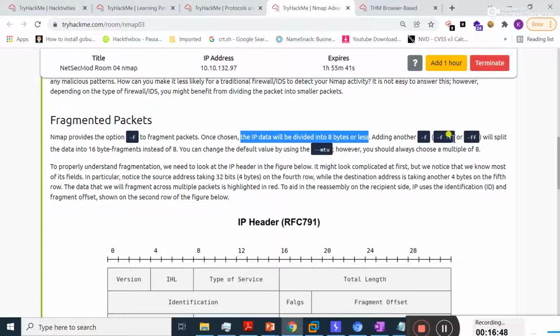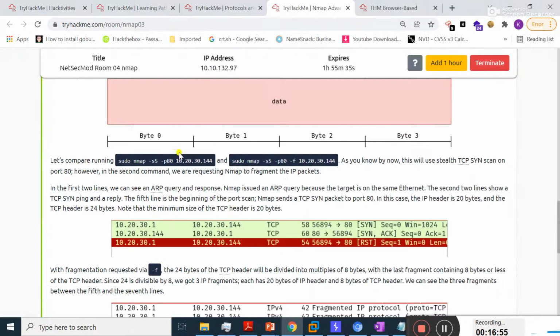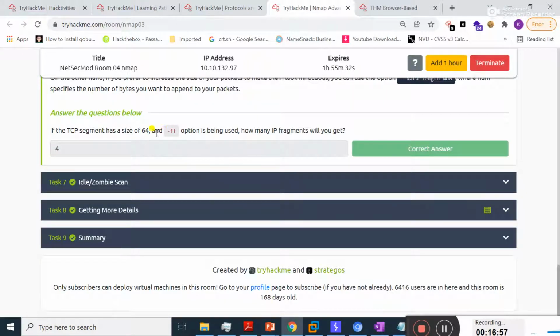Adding another -f will split it into 16-byte fragments instead of 8. But here, if this option is being used, how many IP fragments will you get? Actually, I will get a total of 4 IP fragments.